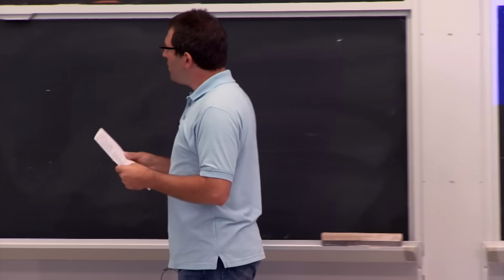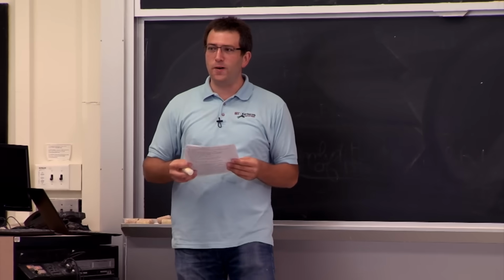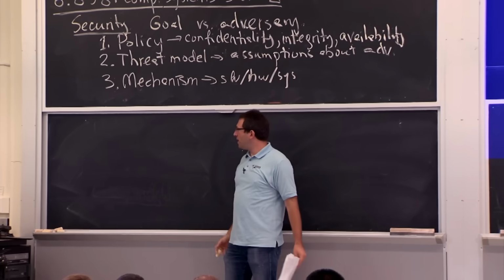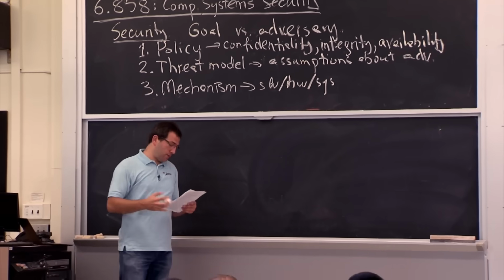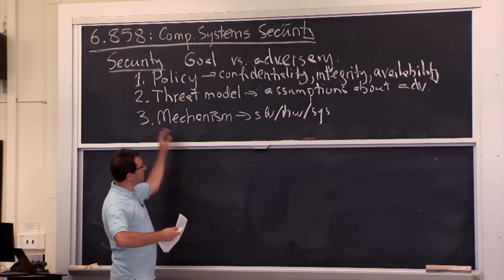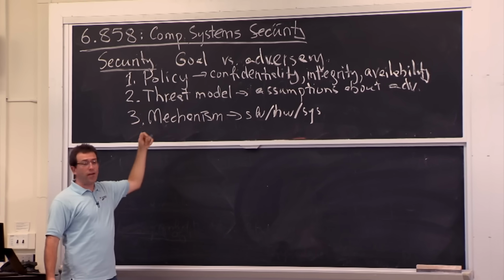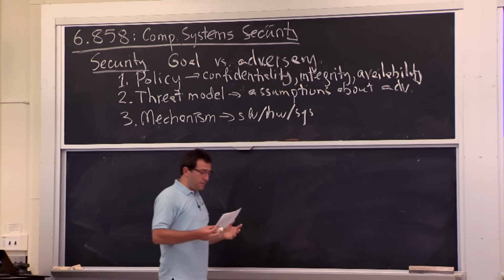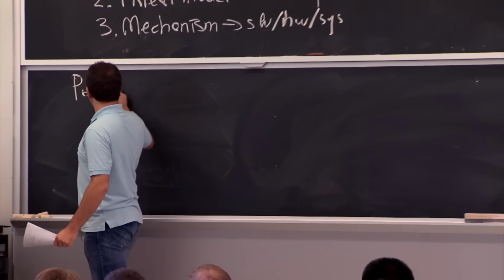All right. So in the rest of the lecture, I want to go through a bunch of different examples of how security goes wrong. So far we've seen how you can think about it, but inevitably it's useful to see examples of what not to do so that you can have a better mindset when you're approaching security problems. In this breakdown of a security system, pretty much every one of these three things goes wrong. In practice, people get the policy wrong, people get the threat model wrong, and people get the mechanism wrong. Let's start with policies and examples of how you can screw up a system's policy.